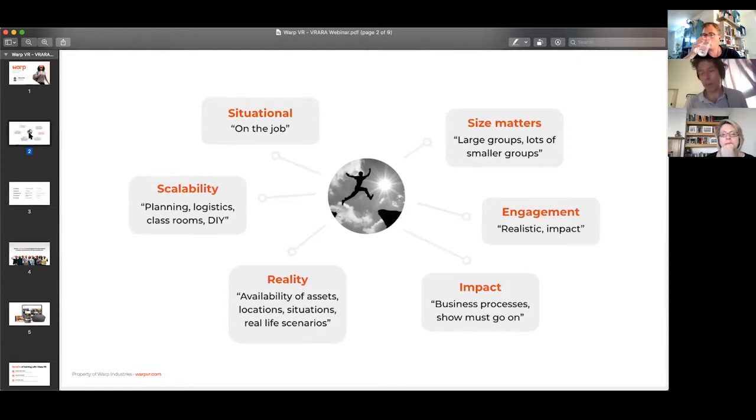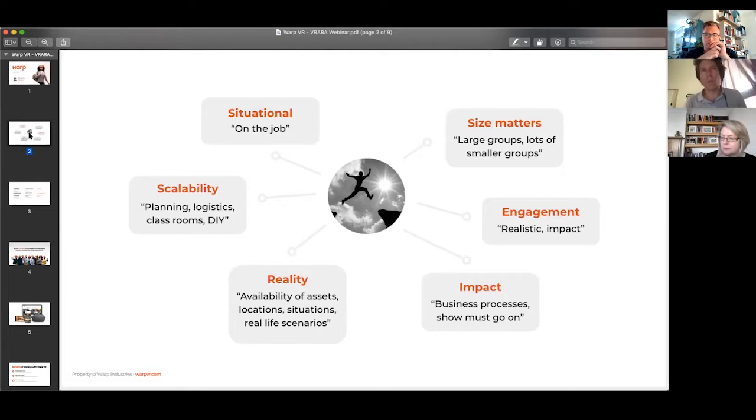Size is important. We want to train large groups of employees, especially in larger organizations, but we do want that feel of training in smaller groups, so everybody gets the right amount of attention and learning content appropriate for that specific individual.